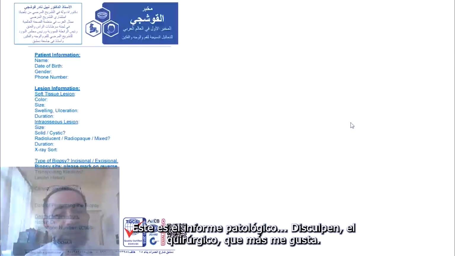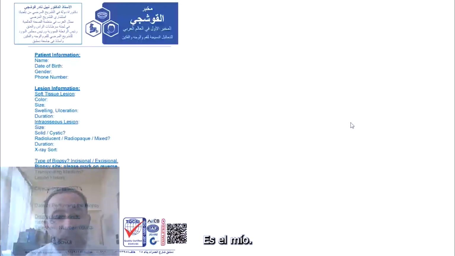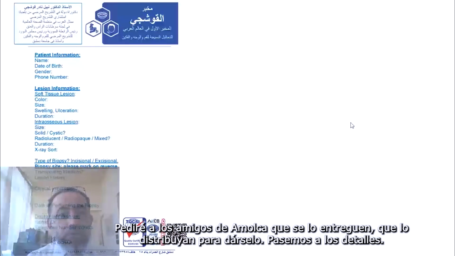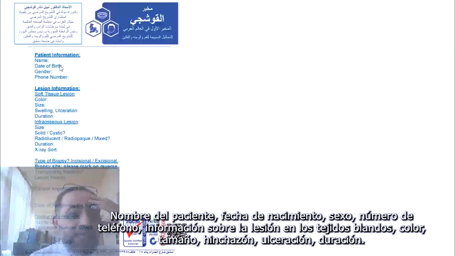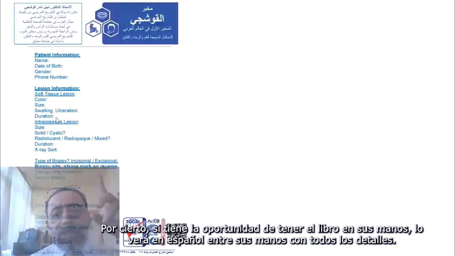This is the surgical report that I really like. It's my own. I'll ask the friends in Amolka to distribute it to you. Let's go into details. Patient information: patient name, date of birth, gender, phone number. The lesion information: soft tissue lesion, color, size, swelling, ulcer, duration. By the way, if you have the chance to have the book in your hands,